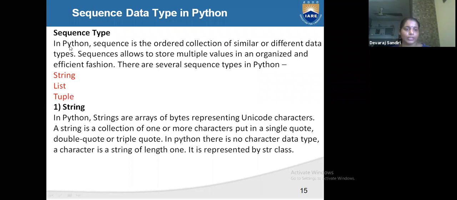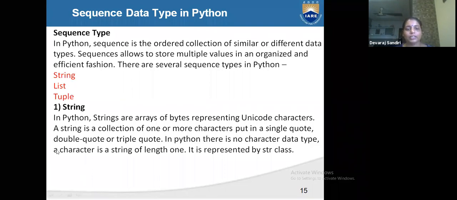These are sequence data types. In Python, a sequence is the ordered collection of similar or different data types. Sequence allows storing multiple values in an organized and efficient fashion. There are several sequence types in Python.